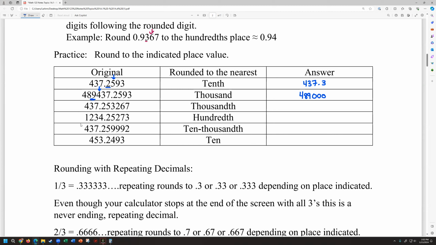The 1,000th is a decimal place value. So this is 10th, 100th, 1,000th. So it's that 3. The 10,000th place is behind it. That's going to determine if that changes from a 3 to a 4. It will not because that is a 2. So this one will be